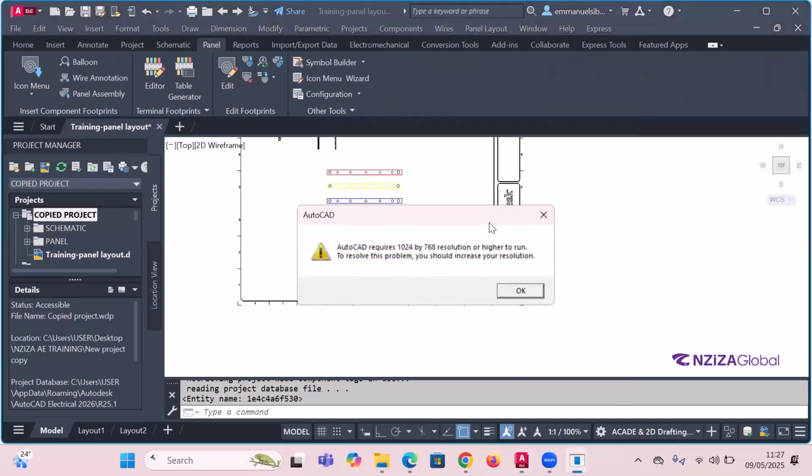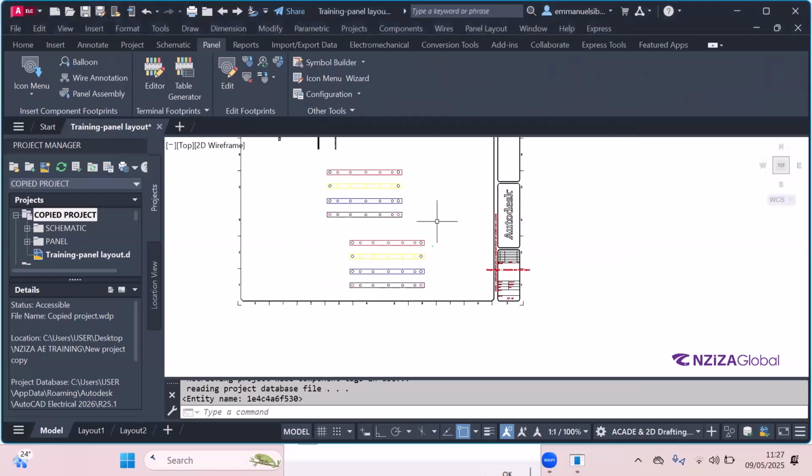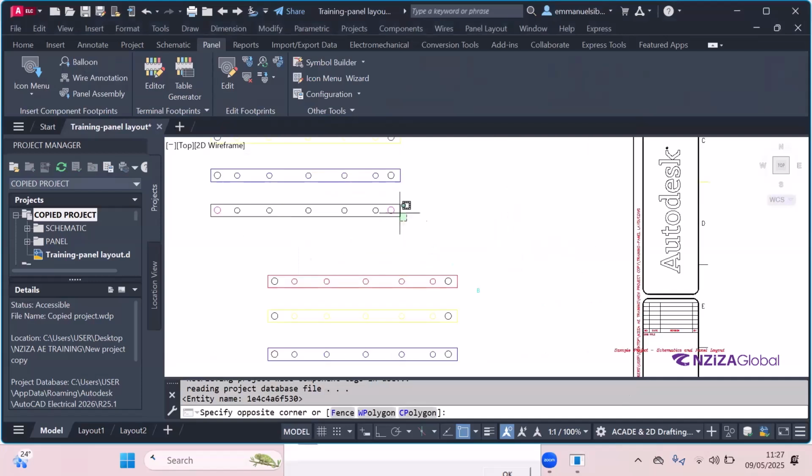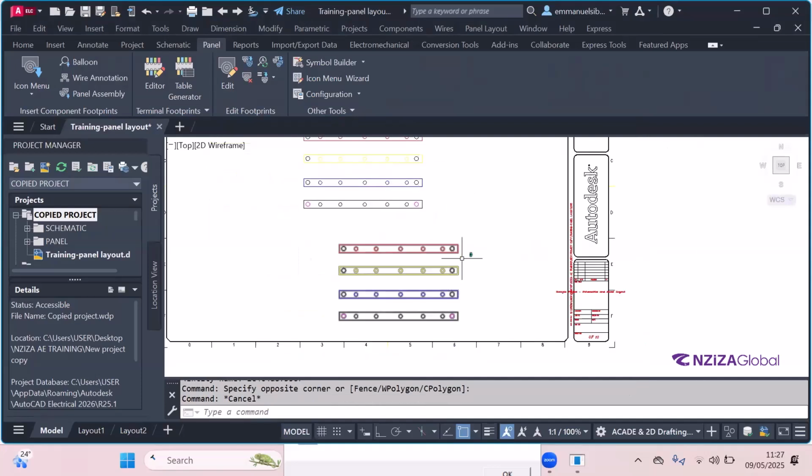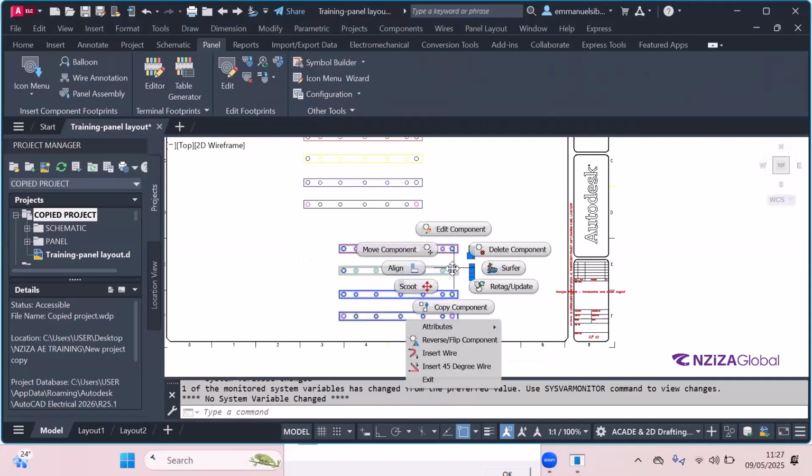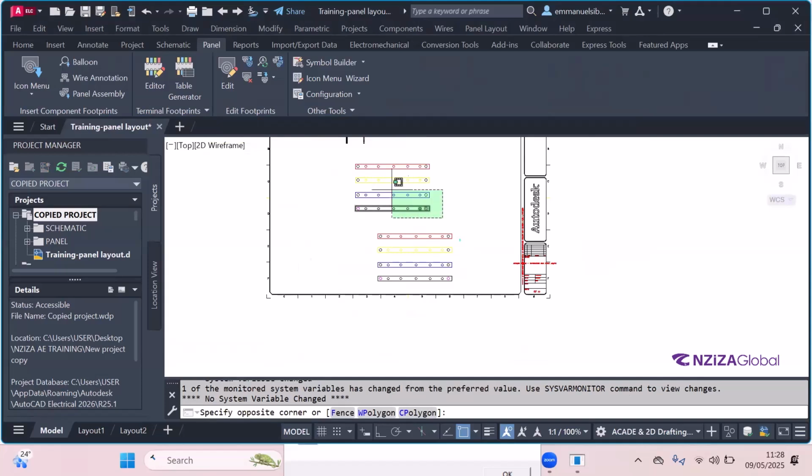So even if here you are seeing the figure that I created one by one, it's not one by one anymore, it's a component. And when you click on it, it has the characteristics of other equipment in AutoCAD Electrical. Okay, then delete this one